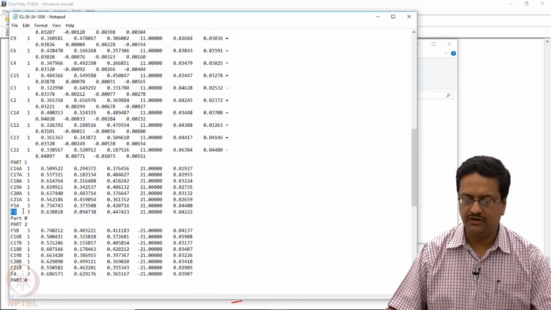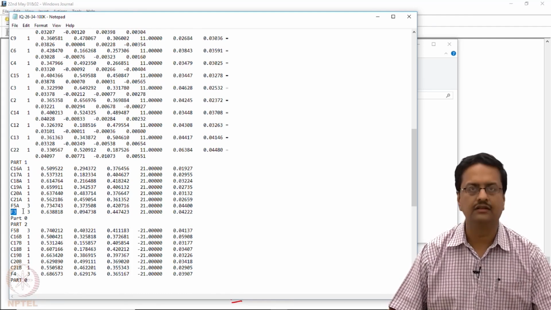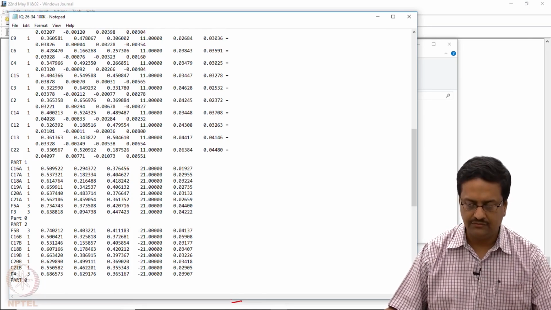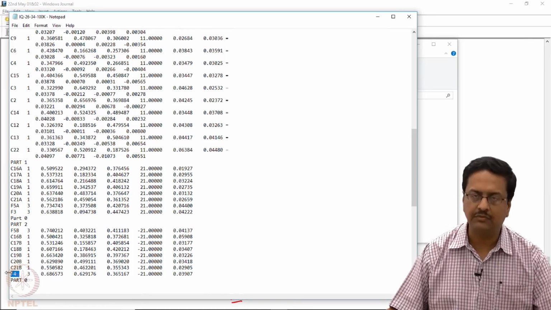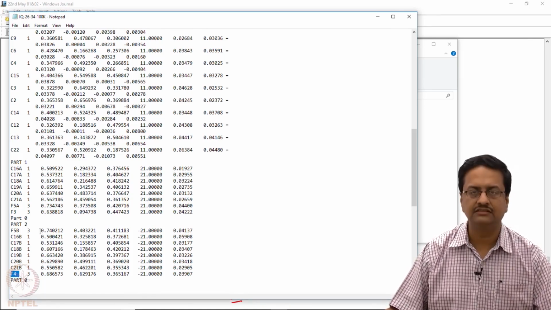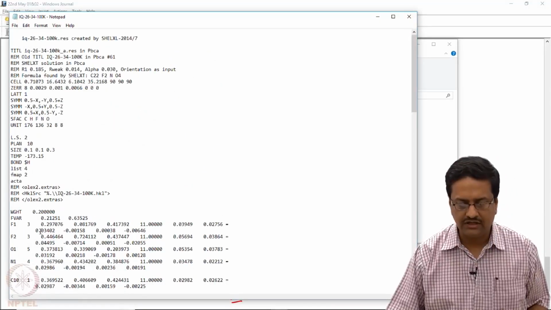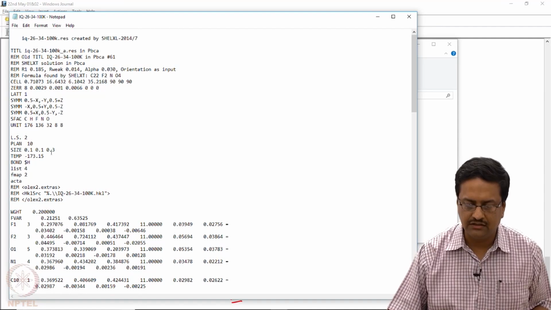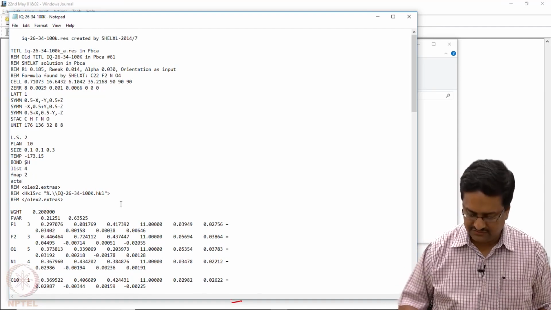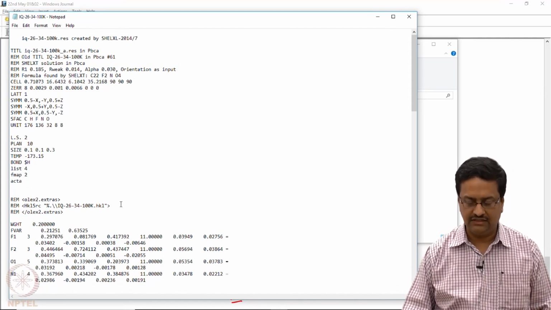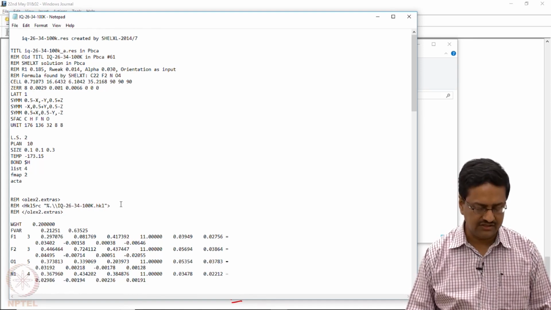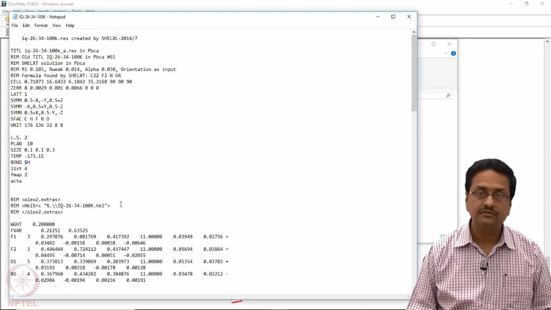F3 is one component which is only present in part 1, F4 is a component which is only present in part 2, whereas all others are present in their same location. So to incorporate that, what we need here in these instructions is that we should have a certain number of EADP and EXYZ commands. So we should also write